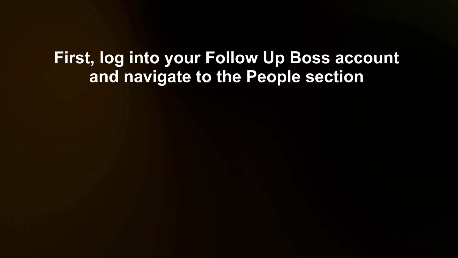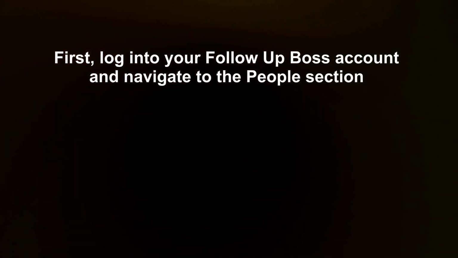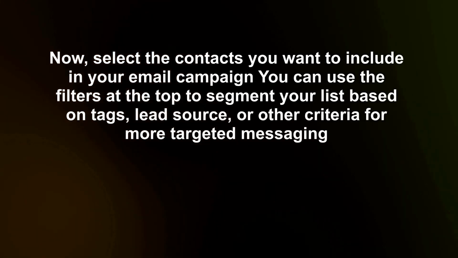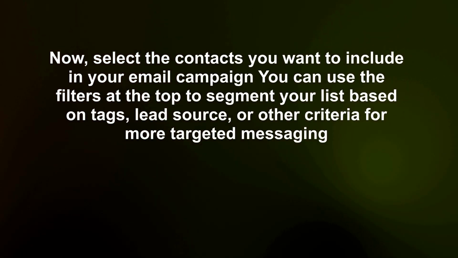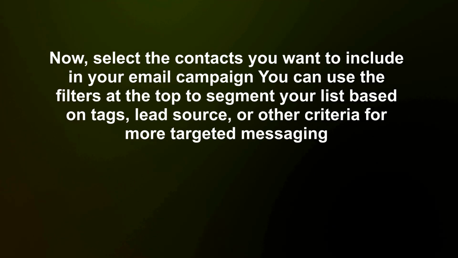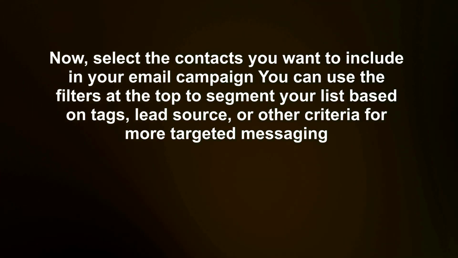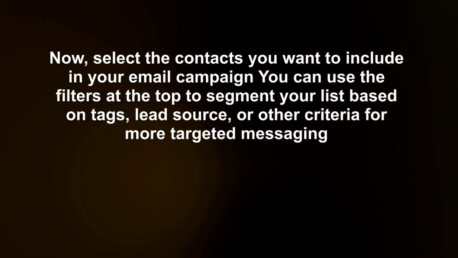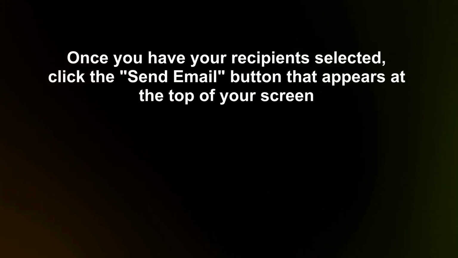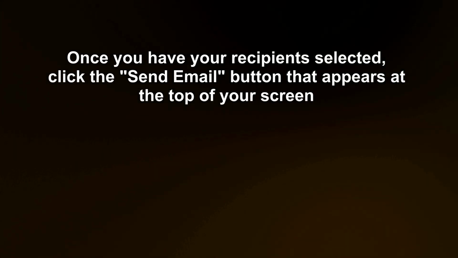First, log into your Follow-Up Boss account and navigate to the People section. Now, select the contacts you want to include in your email campaign. You can use the filters at the top to segment your list based on tags, lead source, or other criteria for more targeted messaging. Once you have your recipients selected, click the Send Email button that appears at the top